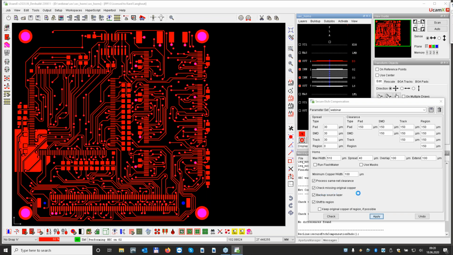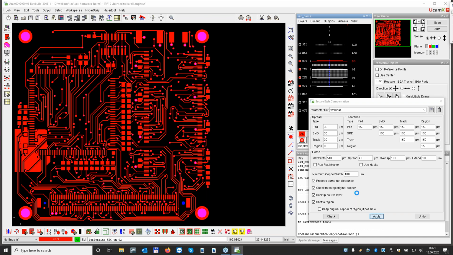Okay, then we have something like check missing original copper, which, you saw it already a little bit in the picture before. We can also touch the original copper, but of course you get warned about this. I mean, that's logical.